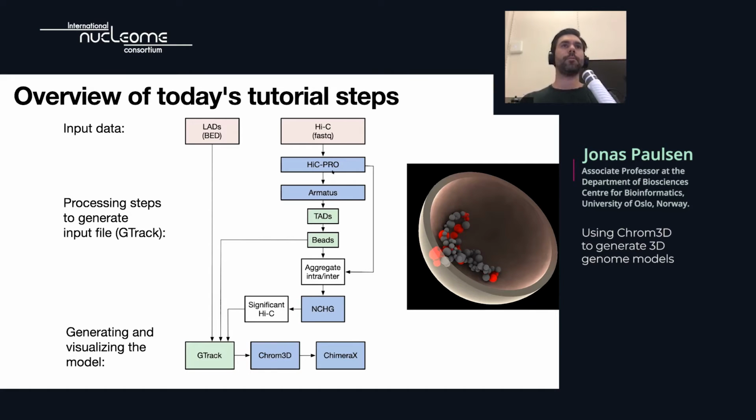Then from the output of Hi-C Pro, we will use a program called Armatus. This is a TAD caller. So this will identify these topologically associated domains, or TADs. And these we will use to segment the genome and to define the position of the beads, essentially. Then, using the Hi-C data coming out from Hi-C Pro, we will aggregate the interactions between all the beads. Then we will use a statistical program based on the so-called non-central hypergeometric distribution to identify significant Hi-C